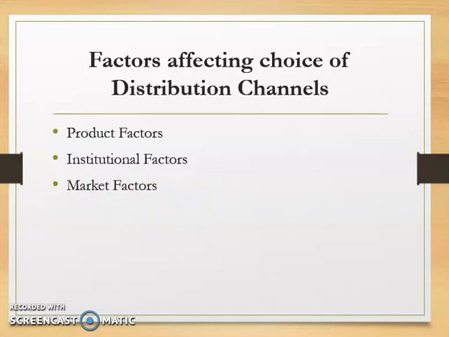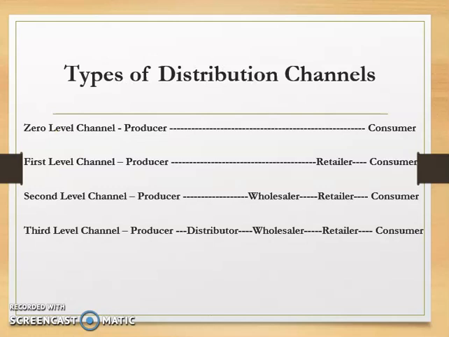So there are different types of distribution channels, as we have already learned many times. You will all be knowing this. There is something called zero level channel. Producer directly reaches the consumer. Zero level means there is no involvement of the middle person. It is directly reaching the consumer. For example, vegetables on the road, where the people who are actually cultivating are selling directly to the customers. That is also possible.